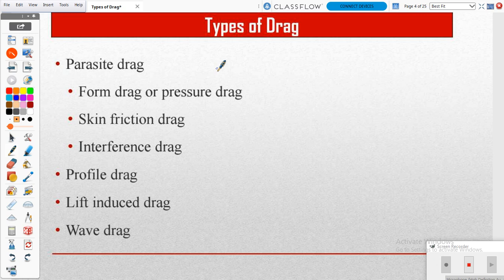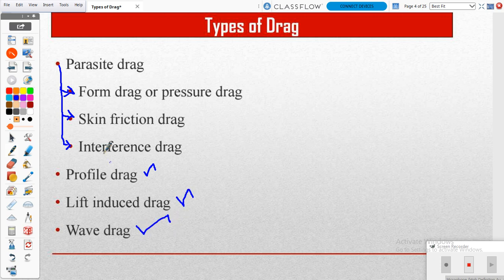First, drag will be a parasite drag. It is further classified into form drag, second, skin friction drag, and third, interference drag. The second category is profile drag, next lift induced drag, and next wave drag.